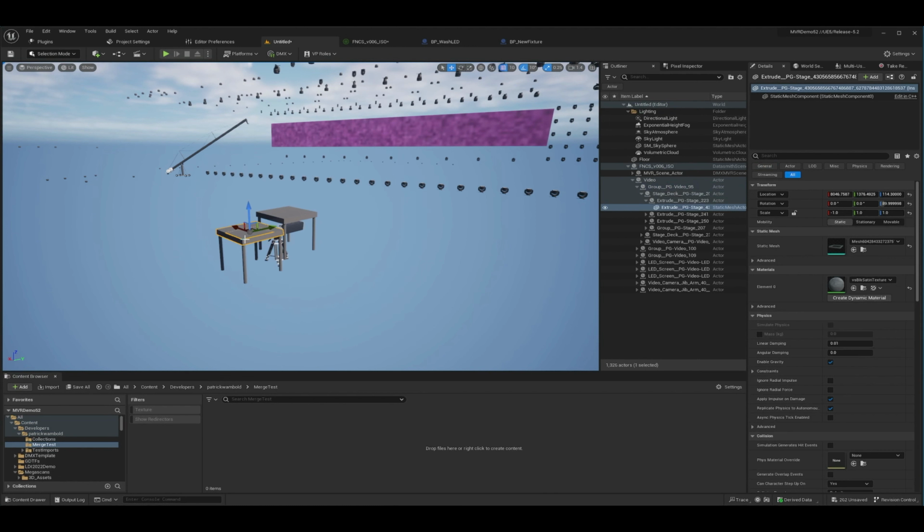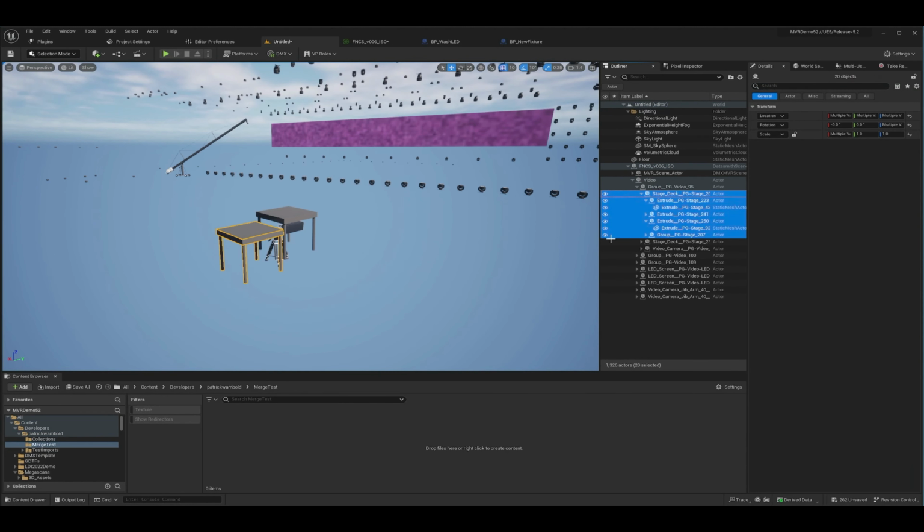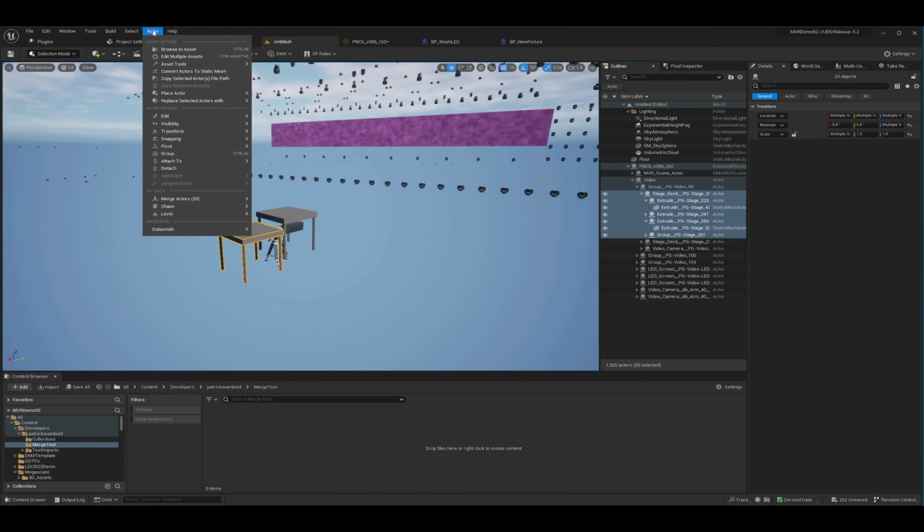Because when you import objects from other software, they're not necessarily designed with 60 FPS and game engines in mind. And so you're going to get maybe a lot of parts that have lots of nulls and references and things like that. So for example, if I have this stage deck, that is comprised of all these pieces. So if I know that I'm looking for this 206 instance, let's just say, if I do Control-Shift-D, it's going to select all the descendants. And really, I might want all this as one thing. So we have a nice tool for that inside of Unreal.